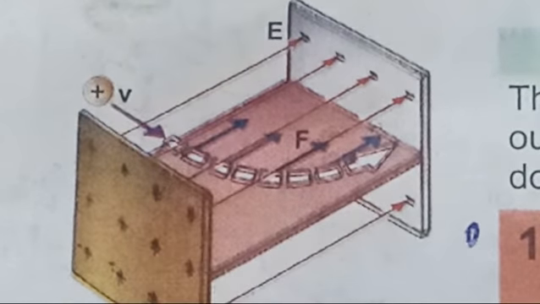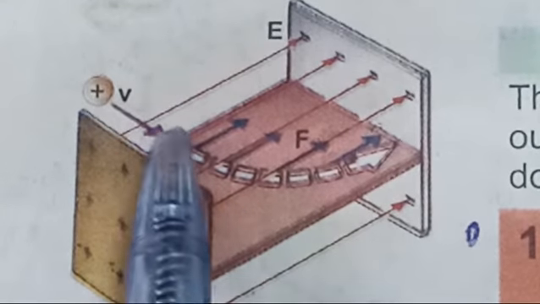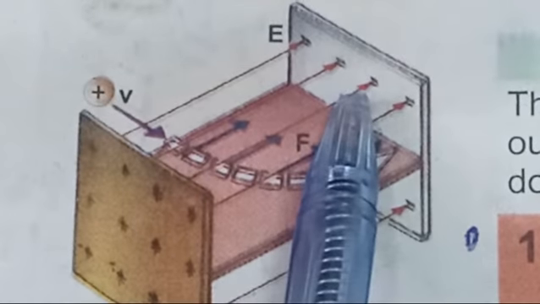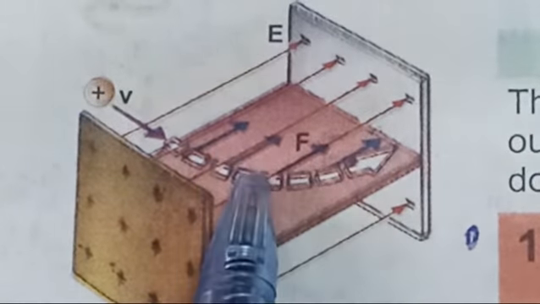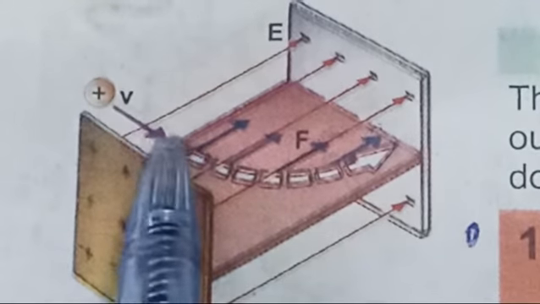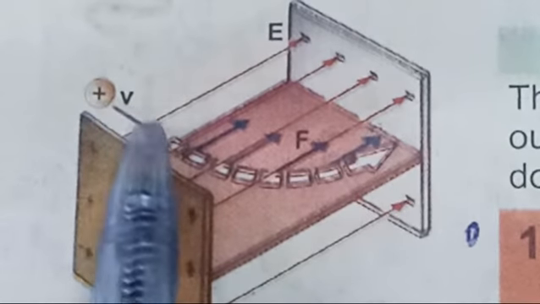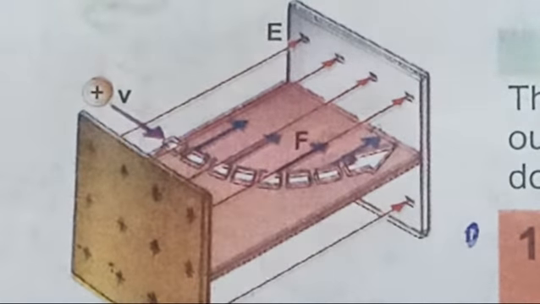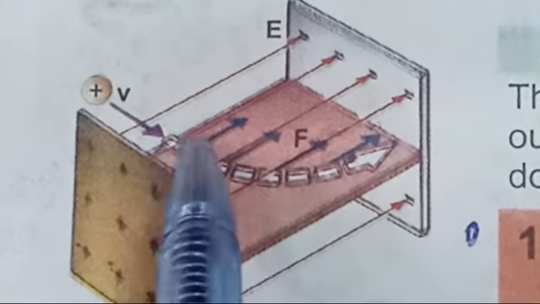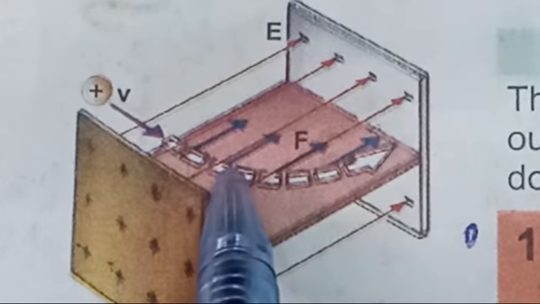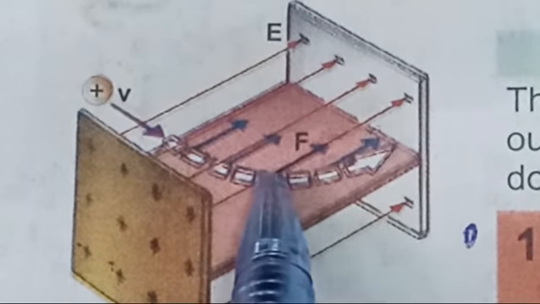So in case of electric force, the formula of force is F equal to QE. This is a charged particle. When it enters a region or space where there is an electric field and also a magnetic field, under the action of electric and magnetic field, the charged particle enters this region with some speed v. At the start it has a linear, straight motion. After the effect of magnetic force, it takes a turn and deflects from its original path. So it is concluded that magnetic force is a deflecting force, right?